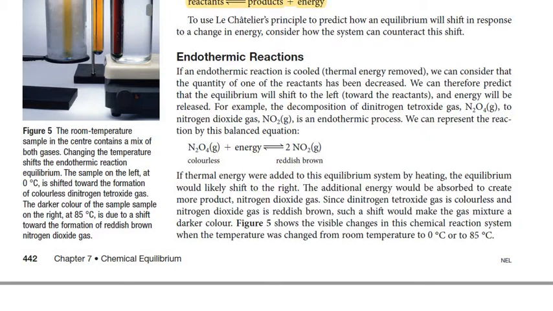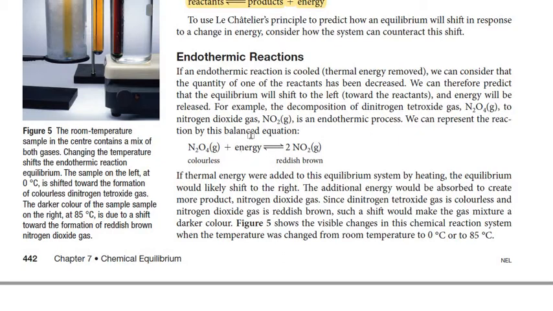For example, the decomposition of dinitrogen tetroxide gas to nitrogen dioxide gas, NO2, is an endothermic process. We can represent the reaction by the balanced equation like that. Since it's endothermic, thermal energy can be one of the reactants. If thermal energy were added to this equilibrium system by heating, the equilibrium would likely shift to the right,